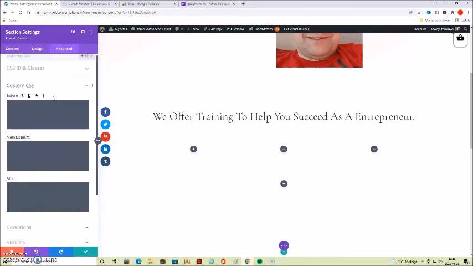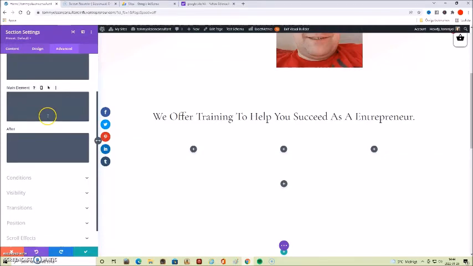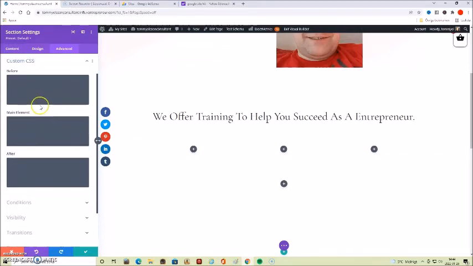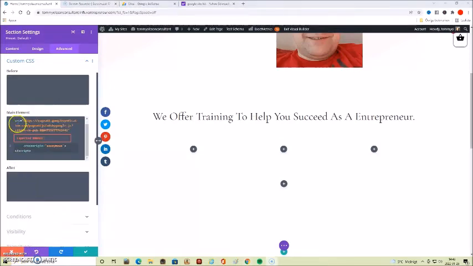and where you want to have it, before on the top of the page, in the main element, or after. You can choose, and you put in the code where you want it. And I pasted the code in, as you can see. Then you just click on the green button here to confirm, save.